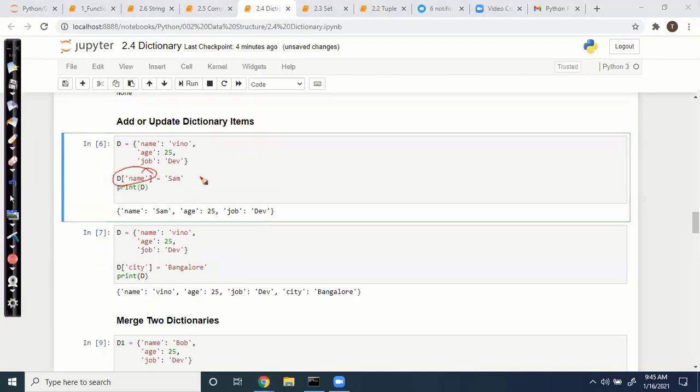Just give the values like this, like index specified. It is getting updated. Everything is based on the key name. So if you want to do anything with a dictionary, you should use the key. That's it. If you want to assign any new value, just create a dictionary of a dictionary, you can add it. Okay, it's getting added here.